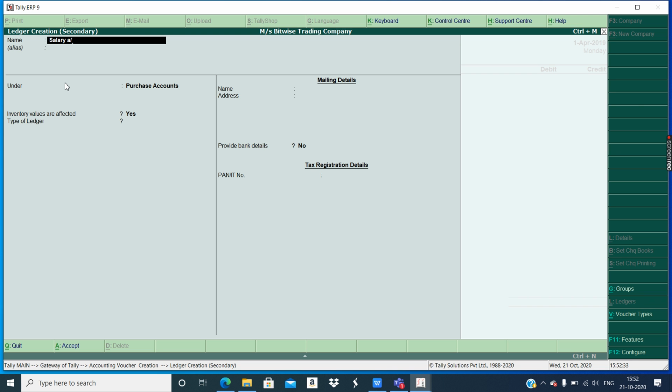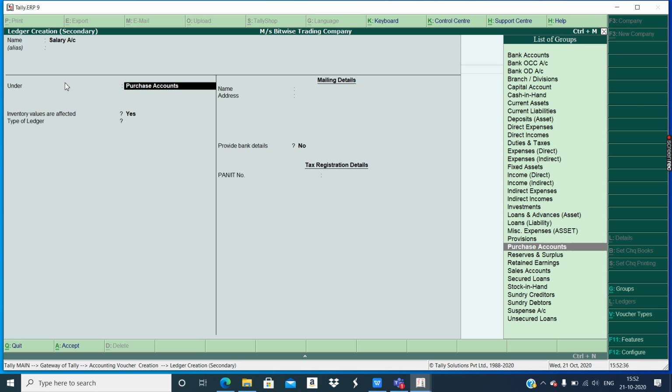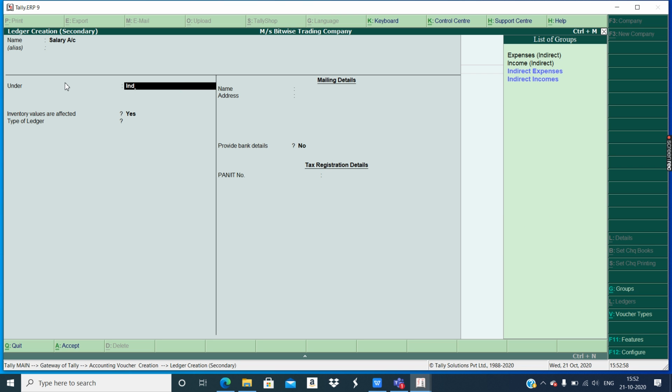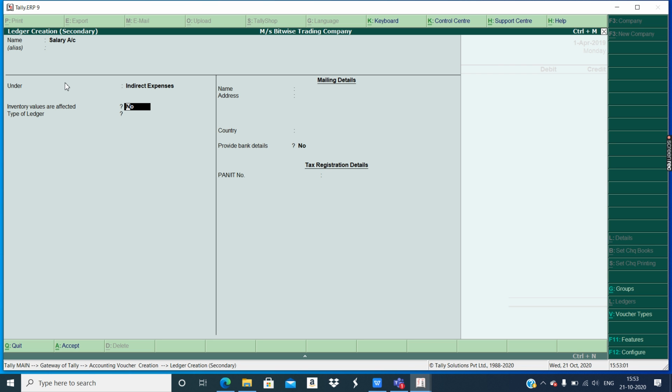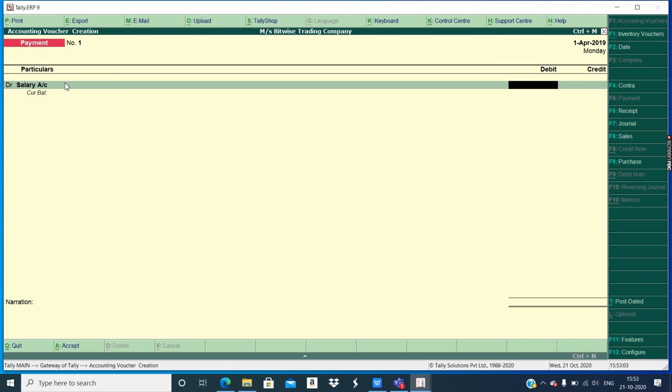Now for the salary account, in which group should you enter it? I told you salary is related to office, official work. Some official person must have calculated the salary, so it's related to office. So any expense related to office is an indirect expense. Okay, so salary will get entry under indirect expense. Rest all details are fine. Control A. Okay, how much salary was given in the salary account? 5,000.